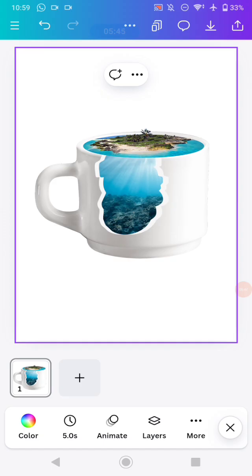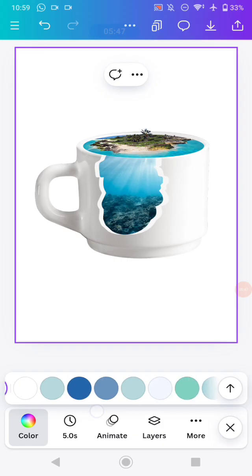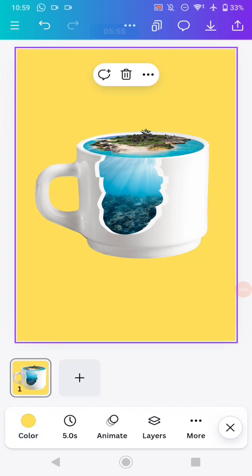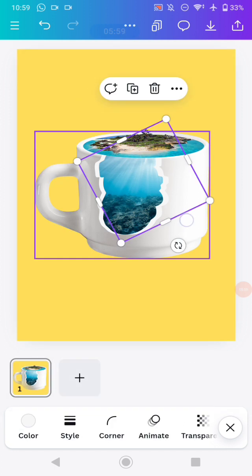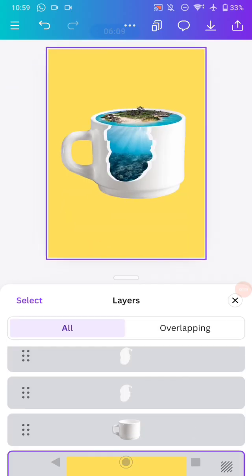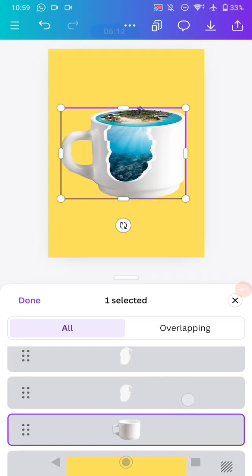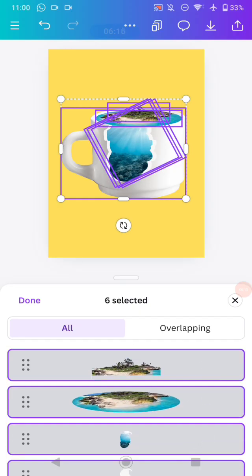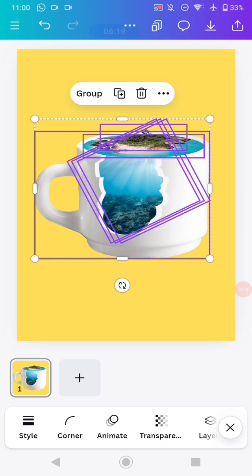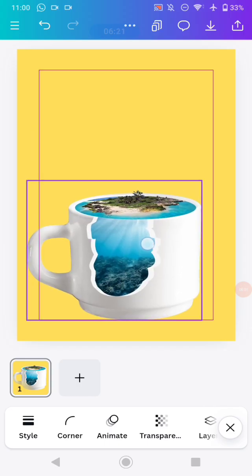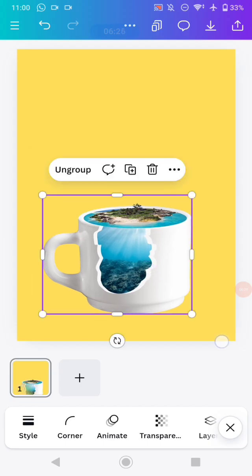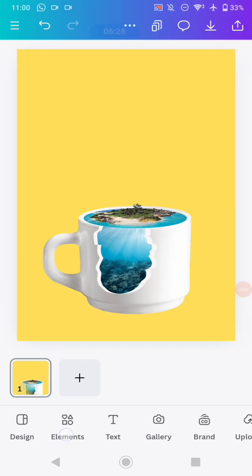You can be more creative. Let me show you how to do it. And first, let's change the color of the background to yellow, and click all of the image, click layers, select, and this one, and go back, and then click group, and after that adjust the positioning of it. I think this one. And now we can add a cloud